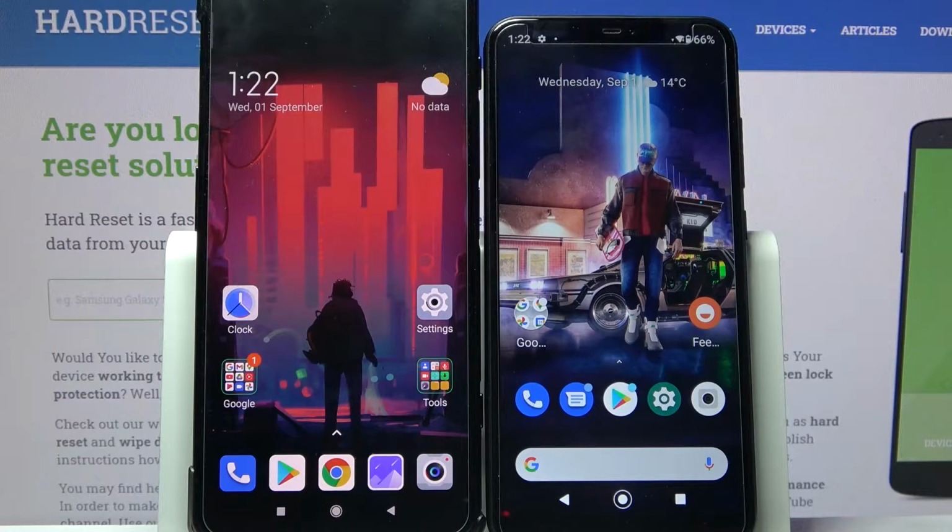Hi! Today I would like to show you how you can transfer files from Xiaomi device to Xiaomi Mi A2